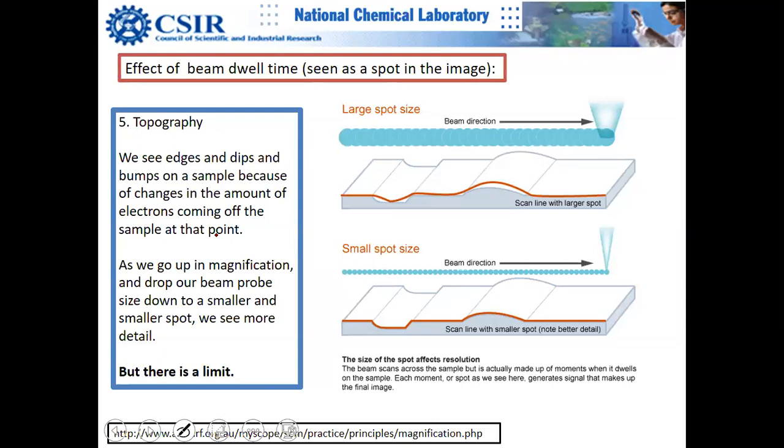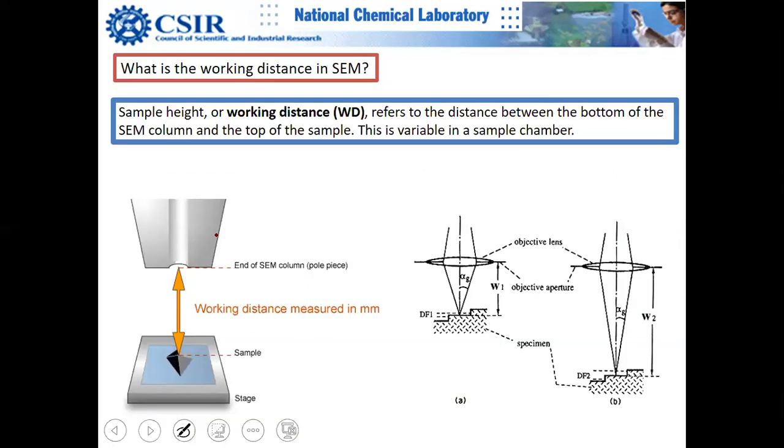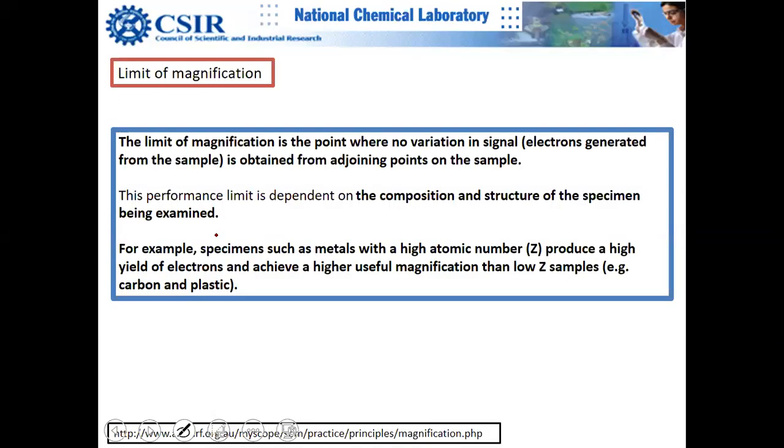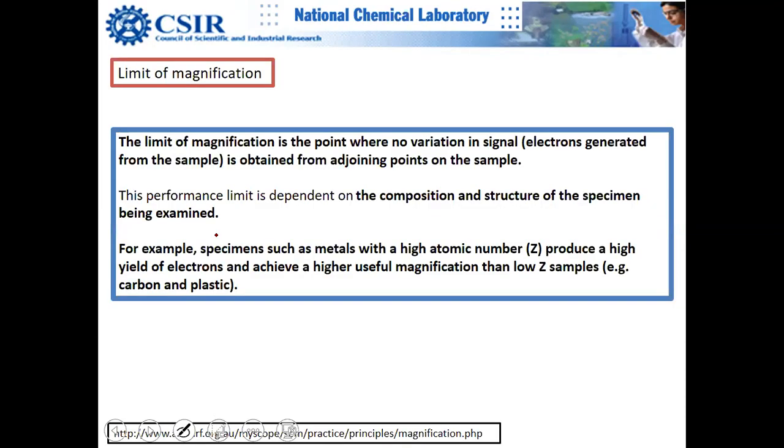Sir, will a porous structure be difficult to detect, or a smooth surface, using SEM? Smoother samples are easier, obviously. We'll discuss this question; all these questions are lined up actually. Your question will be answered in the next module, on working distance and sample height. Yeah, your answer is coming next.